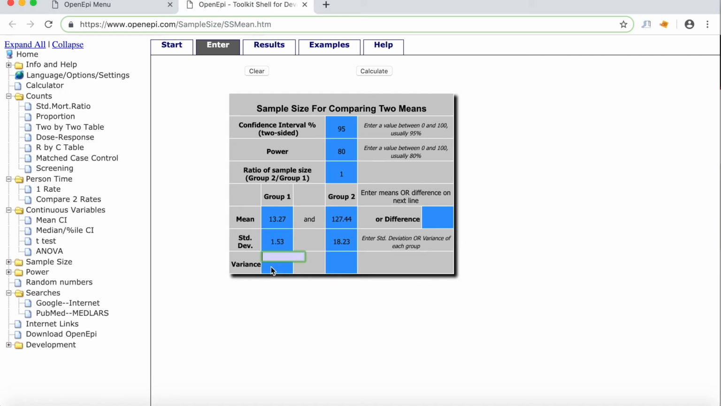Well, technically you can, but you have to square this value because variance is standard deviation squared. And reflexively, standard deviation is the square root of variance. Okay, now for the other arm, the group being treated with drug B, the mean hemoglobin levels would be 12.74 grams per deciliter with a standard deviation of